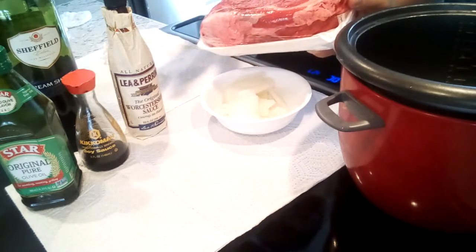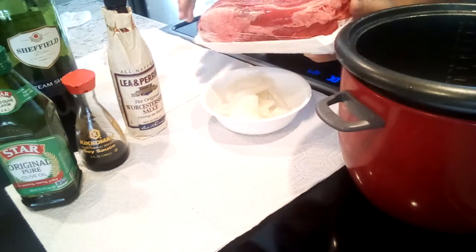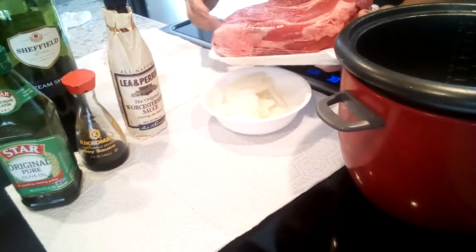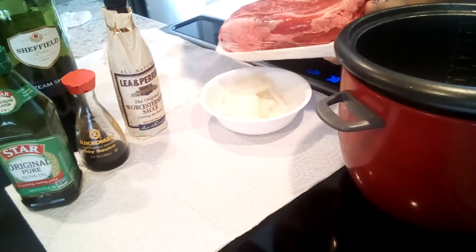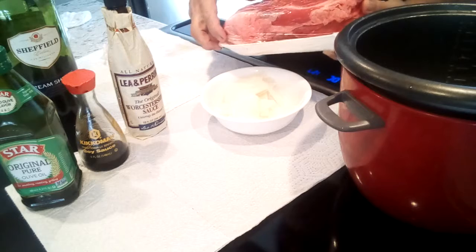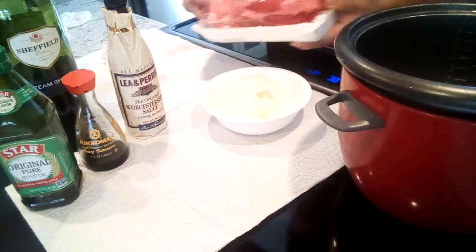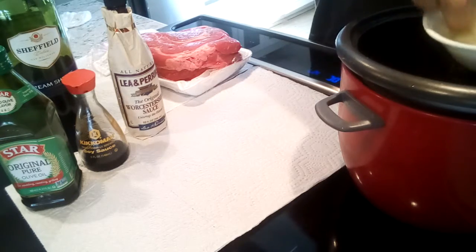Normally most recipes will call you to brown this in a pan or in a pot just to caramelize the outside to give it extra flavor. We're just gonna basically toss it in because we're trying to keep this as simple as possible. Okay, so before we toss in the chuck, we're gonna throw in